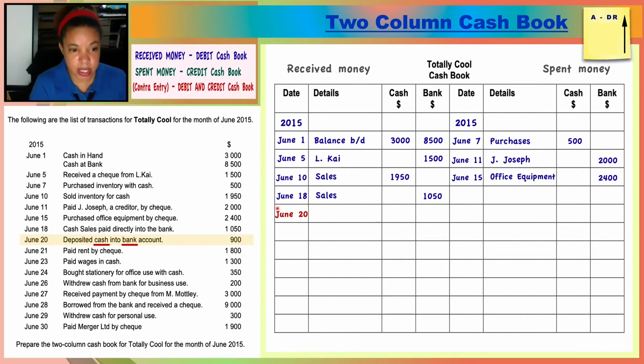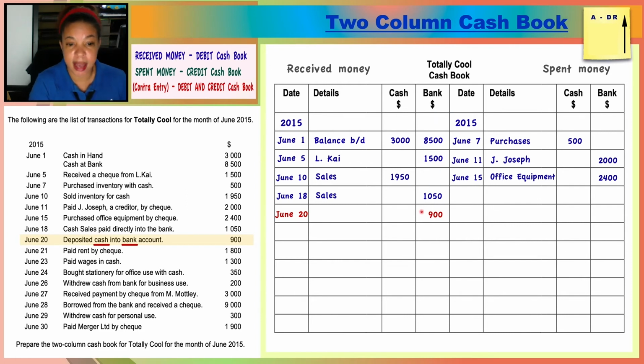Which one increased? If you deposited cash into the bank account, that means your bank account increased. How do you increase your bank account? By going to your bank column and putting the amount there. Note, it is not to put the word bank. If we can increase our bank account by saying the word bank, then all of us would be screaming bank a lot and seeing our account just going up. That does not happen in real life. So to increase your bank account, you go to the bank column and you put in the amount that was